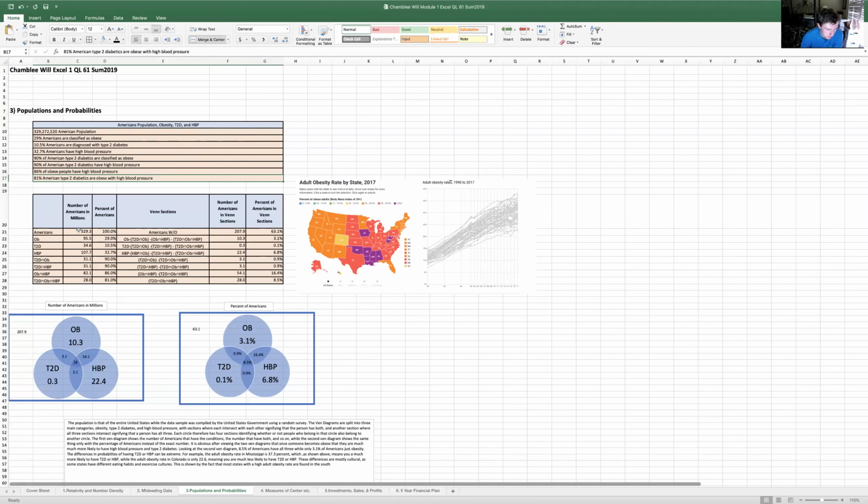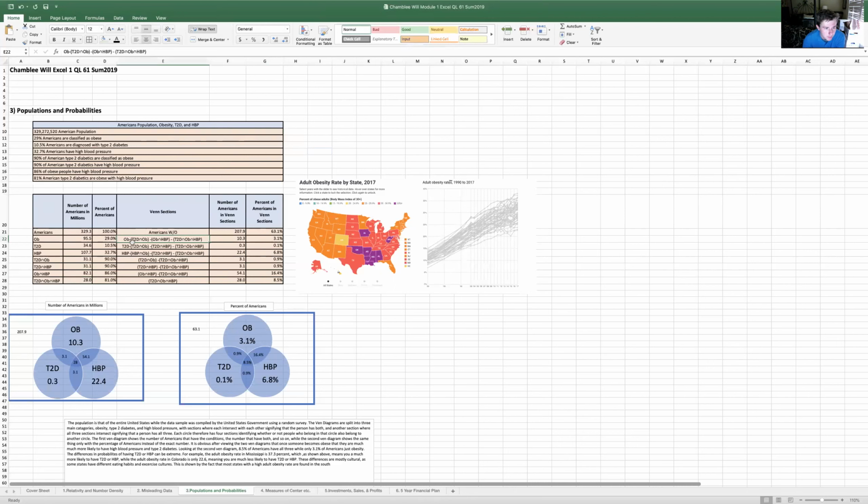Took all those numbers, put it on the left side of the graph here. And you can see we took each number, and you see type 2 diabetes, and there's that little horseshoe that means "and". With obese people, that's 31.1 million. And down the graph it goes. This is an effective way of showing how many people, and with the Venn diagrams it shows us as well, how many people are just obese, and then how many people are obese and have high blood pressure or type 2 diabetes, etc.